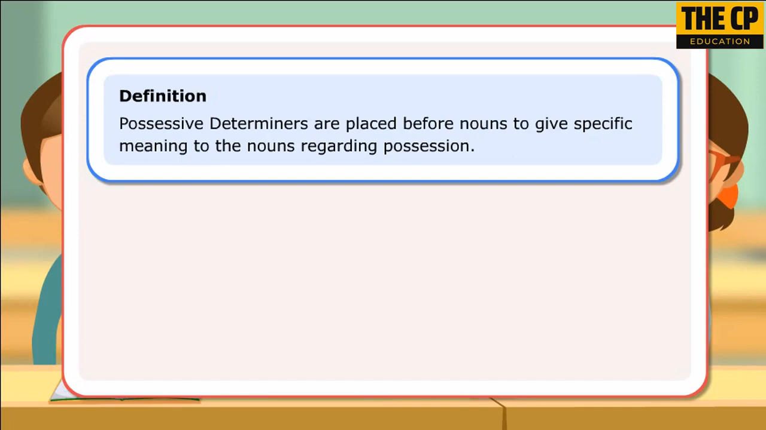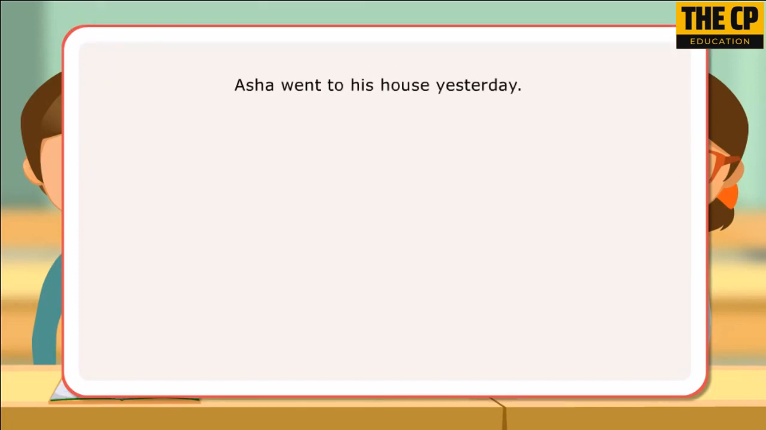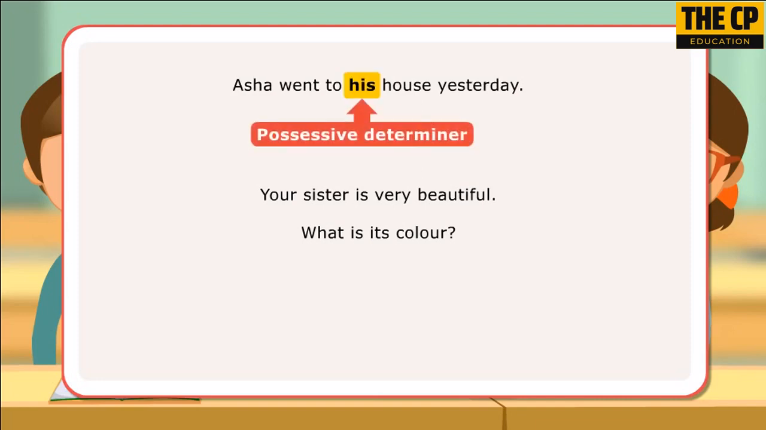Let us look at a few sentences. Asha went to his house yesterday. Your sister is very beautiful. What is its color? In the first sentence, his is a possessive determiner since it shows possession of the house